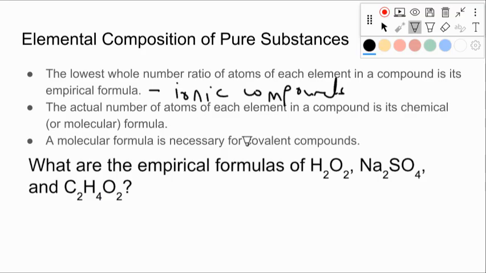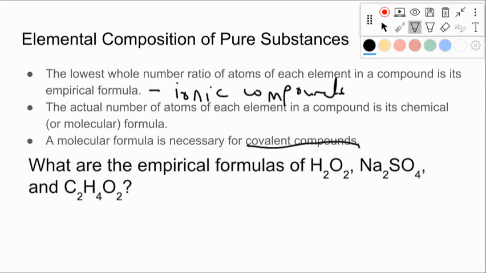This is going to be more likely to be used for covalent compounds because in covalent compounds they are sharing electrons and they can bond in a lot of different ways. Nitrogen and oxygen bond as NO, NO2, N2O, NO3, N3O. There's all kinds of options. And so because of that, you typically see the molecular formula, which means it has not been reduced to its simplest form. So just to get the understanding, this next thing says, what are the empirical formulas of H2O2, Na2SO4,